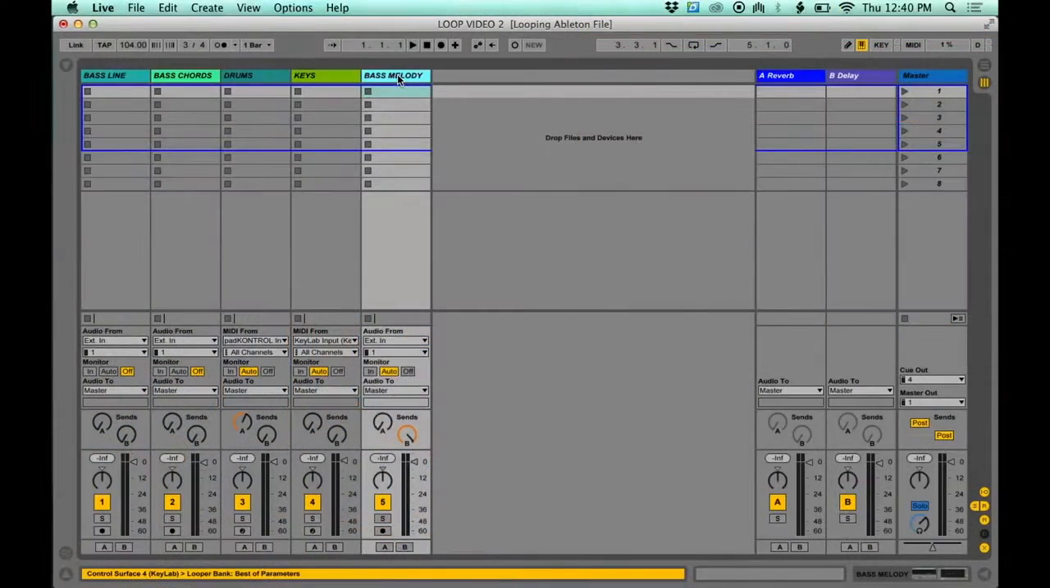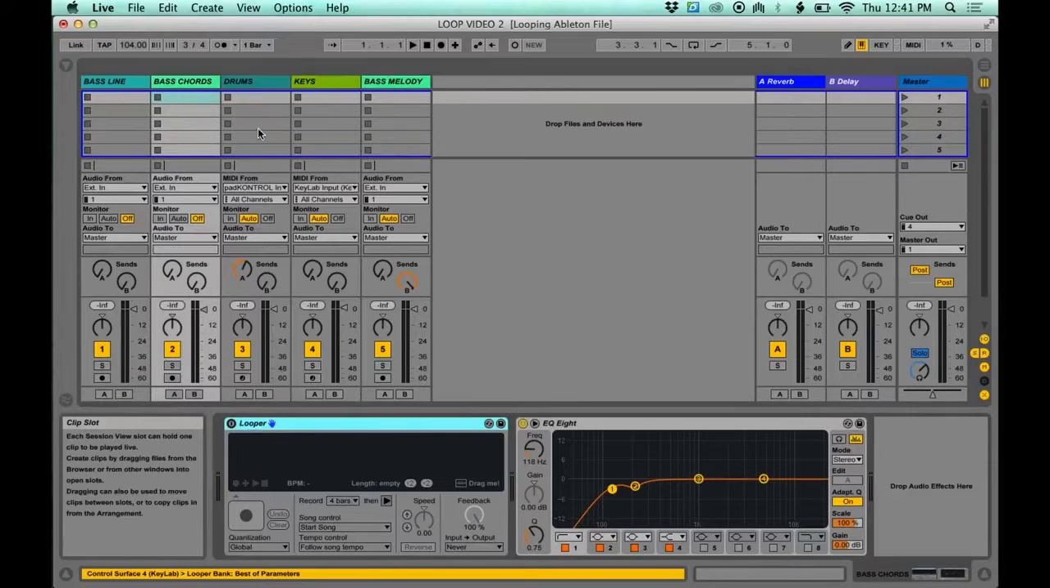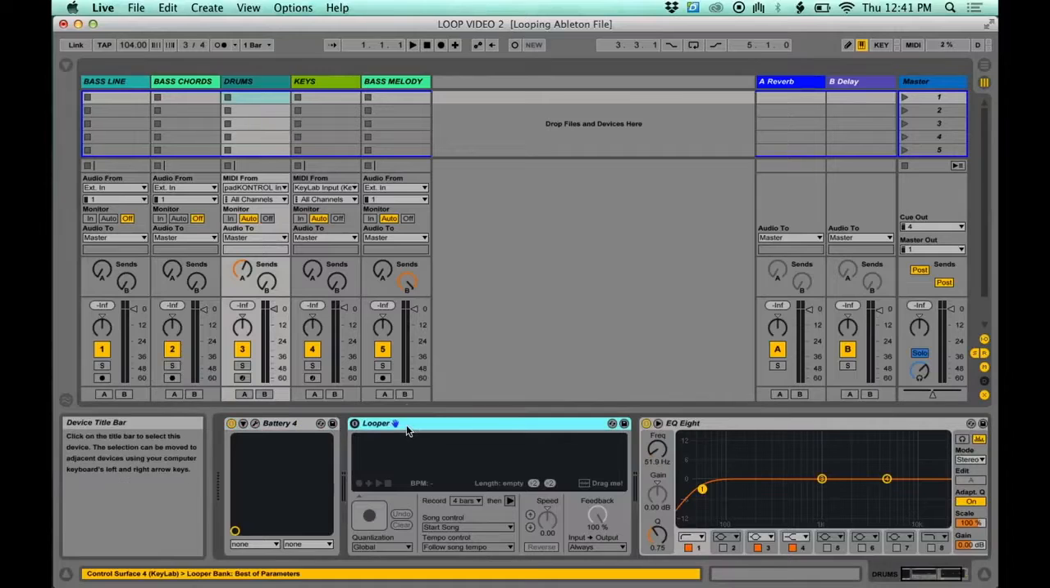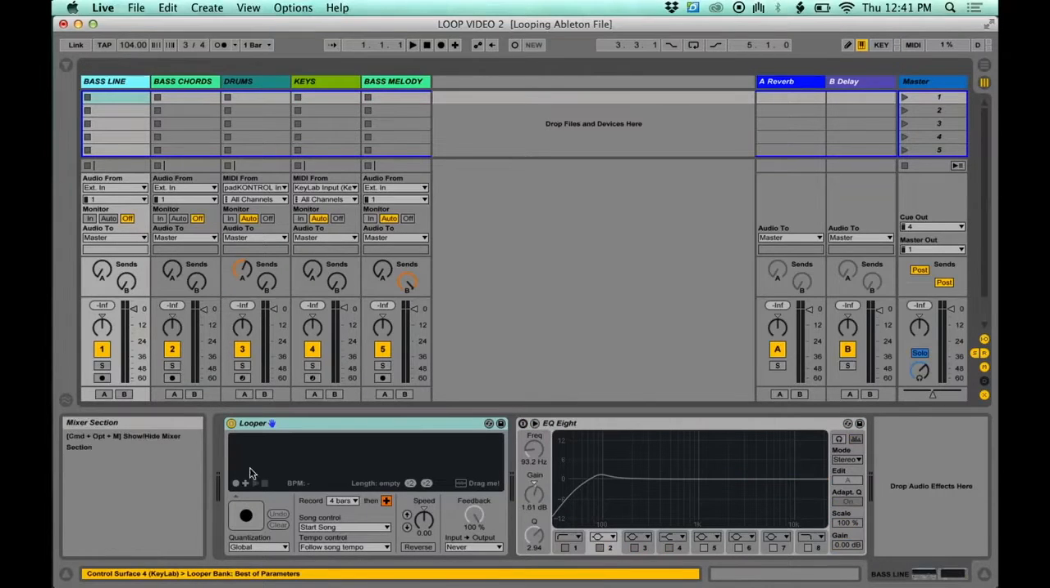So now on each of these channels, I've dragged over an Ableton plugin called Looper. It's a free plugin, and it already comes with Ableton Live, so you don't need to buy anything else. And essentially, each one of these channels is now its own looper pedal, each with its own record, play, stop, and overdub functions. So at this point, I can just press record on any of these plugins and the looping